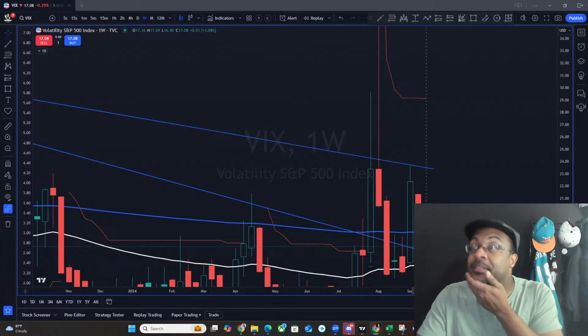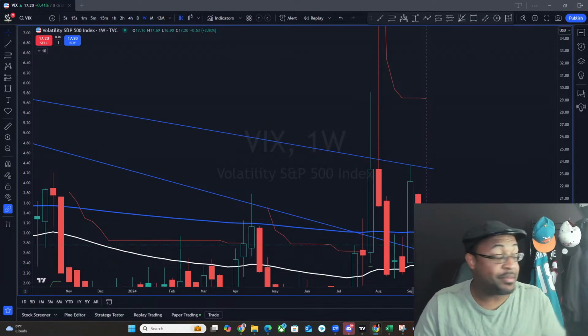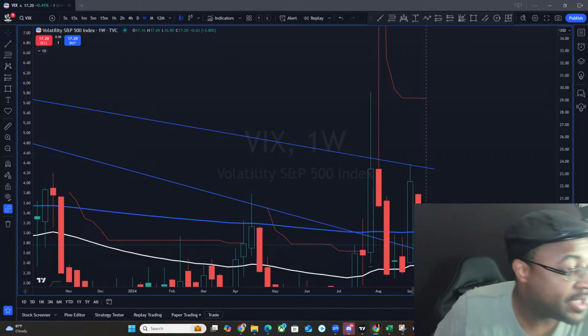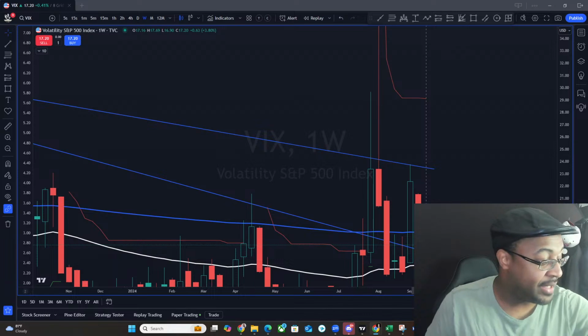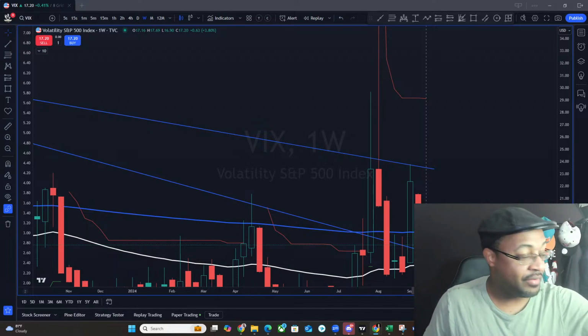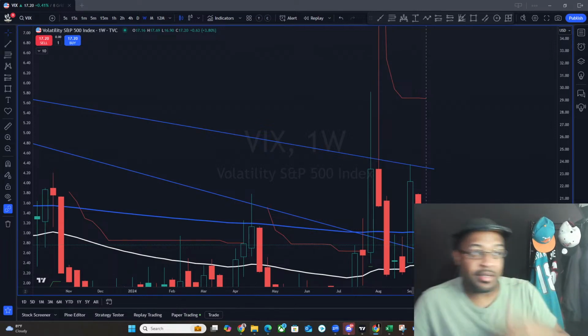All right, so what I'm anticipating, if you haven't done one of my floors before, all I do 90% of the time, actually, now that I got this space, let me adjust my lighting. I should be able to get my lighting a little bit better. Do it like that. Oh yeah, that's way better.